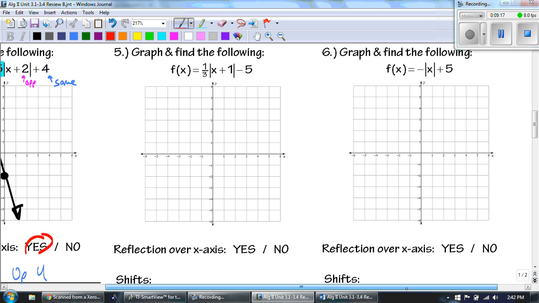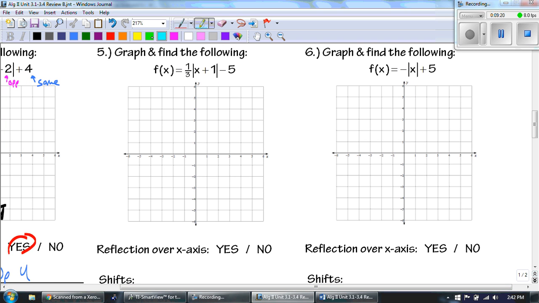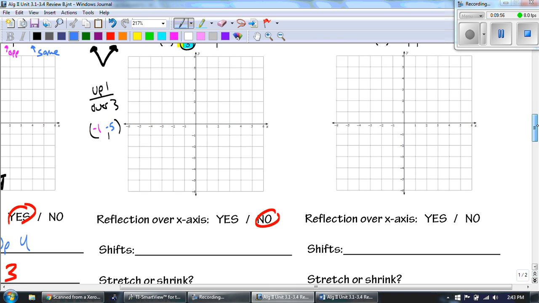All right, let's move on to the next one. Number 5. Is there a reflection out there? No. No reflection. It's going to be going up. So, what do we do? Well, we have to go up 1 over 3 because that's what our rate of change is telling us to do. And then our vertex is going to be negative 1, negative 5. Okay? And look,